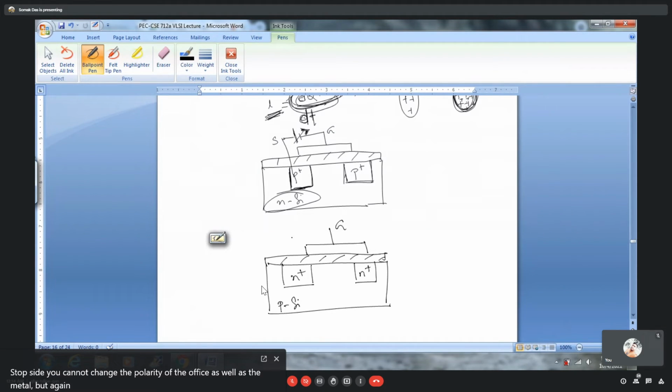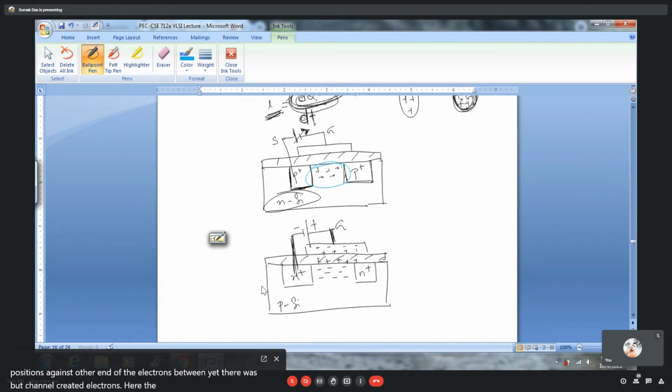But again, you can change the polarity of the potential connected. Say a positive potential is connected to the gate electrode and the negative electrode is connected to the source. This is negative and this is positive. What you will find again: free electrons at this surface, positive charges in the opposite surface, and again free electrons in this surface. In other words, positive charges at the other end of the oxide, and this will attract free electrons within the channel. So the channel will be created not with holes. Here there were holes, but now the channel is created with electrons.